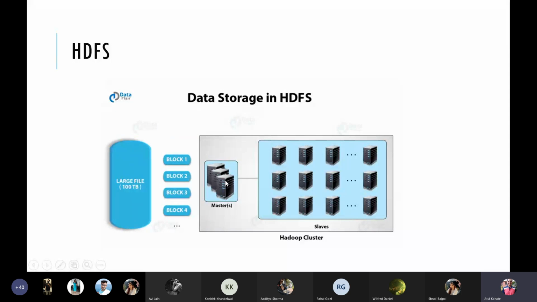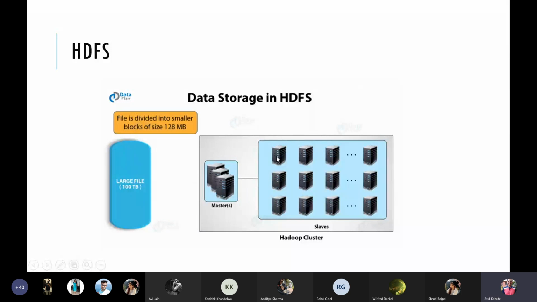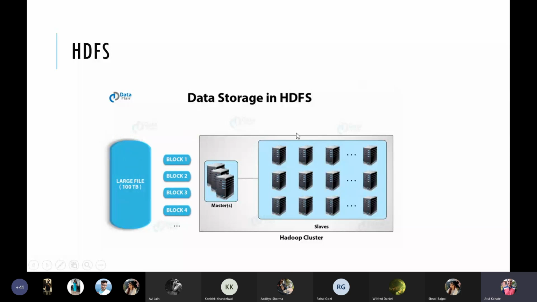Then what it may do is it may put block number 1 of this file here as the animation shows, but it may also put this same block, block number 1, on other slaves. For example, see here, it has also put the same block somewhere else.